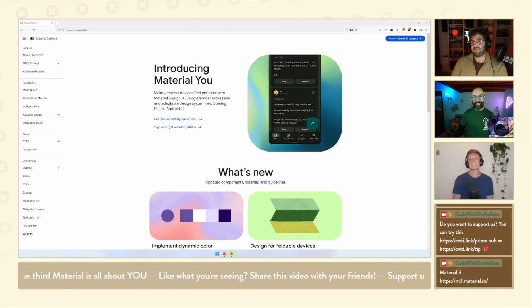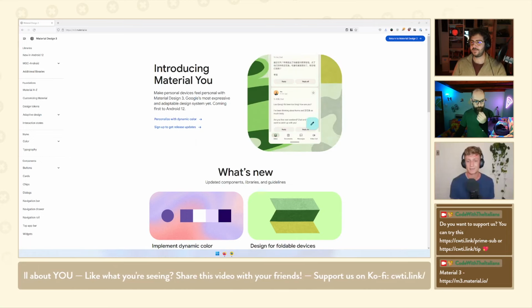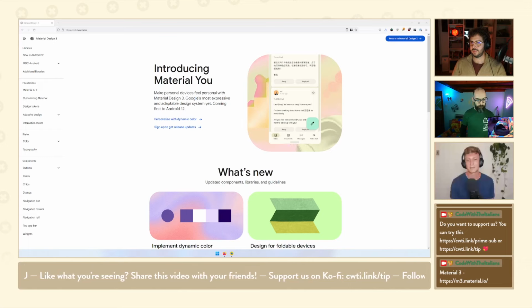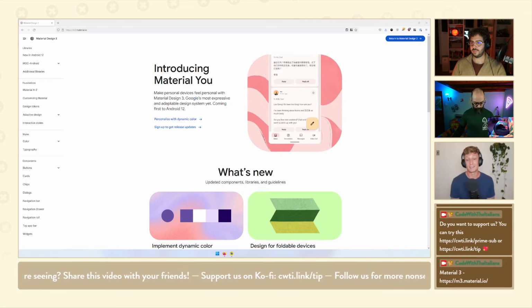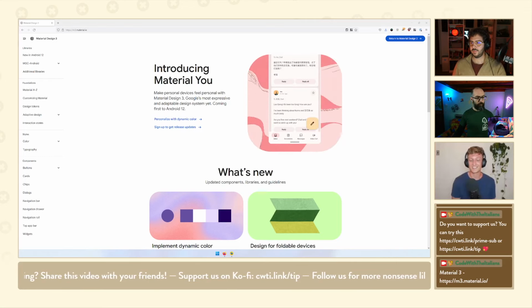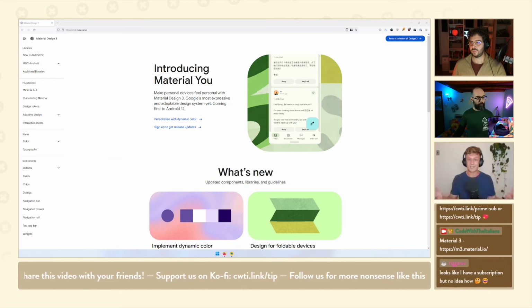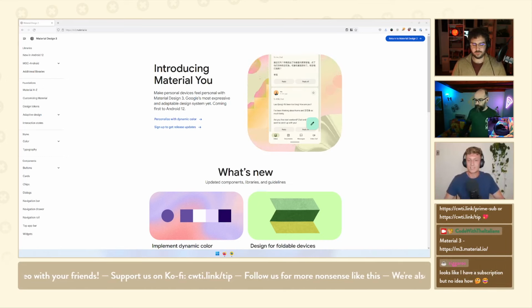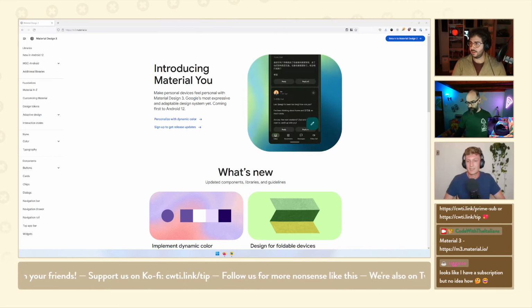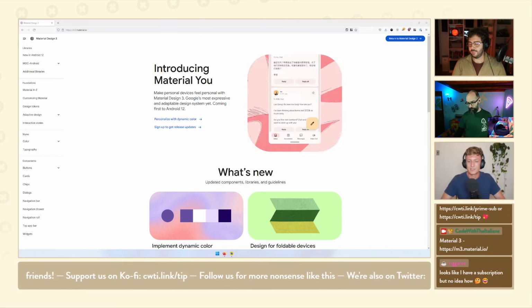But no, that's a question that seems to come up a lot. What is Material U? When do we call it Material 3? What's the difference? Are they the same? So I'd like to try and demystify that now ahead of time, because I think that might be on people's minds. The way I see it, and I believe the official answer, is that Material 3 is the entire spec, like the components and all their measurements and font weights and colors, as well as the theming and everything that you will see on m3.material.io.